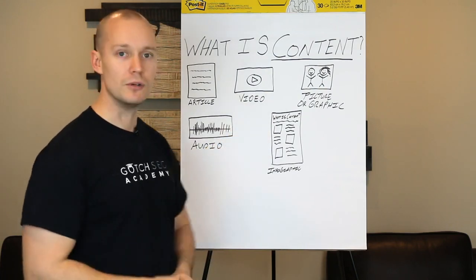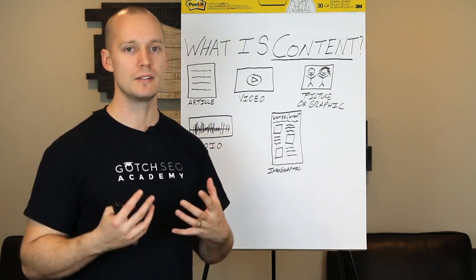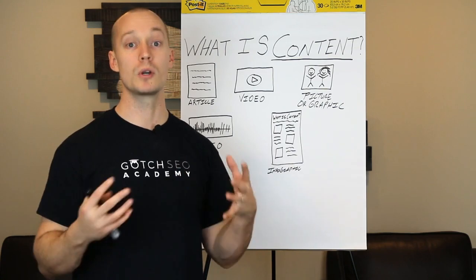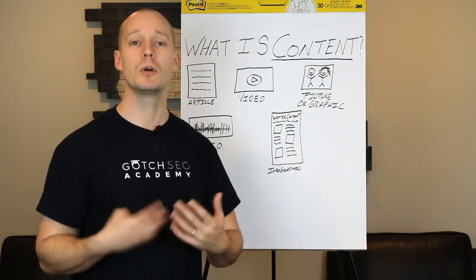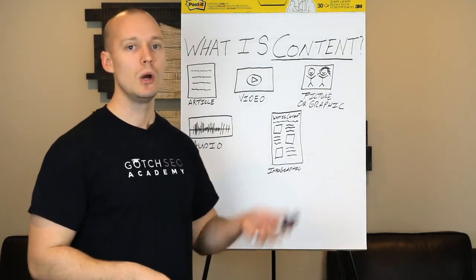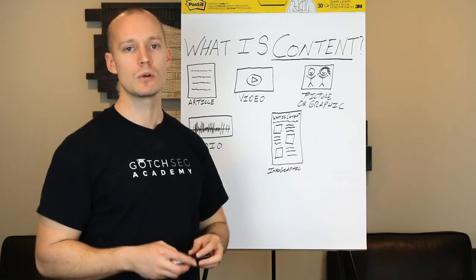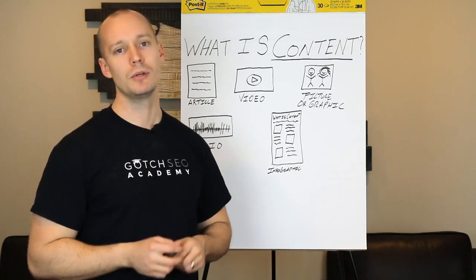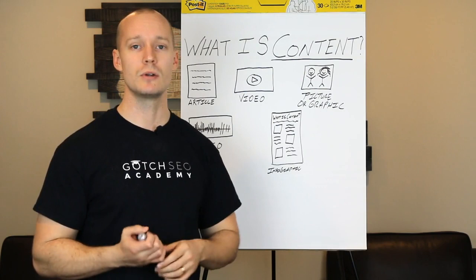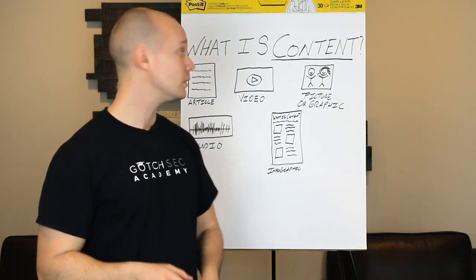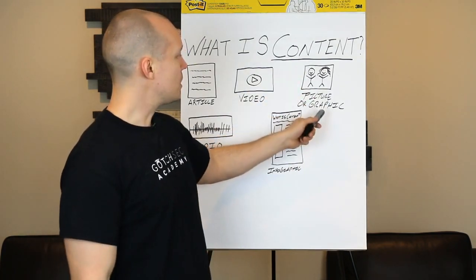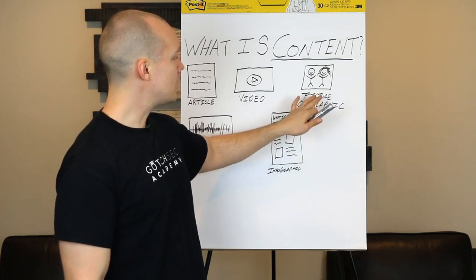Secondly, video. Video is a huge content type, and video is only becoming more dominant as far as the way that people consume content online. We're going to be getting a lot into video in this course because it's so incredibly important to the success of your SEO content now and into the future. The third type of content is pictures and infographics.